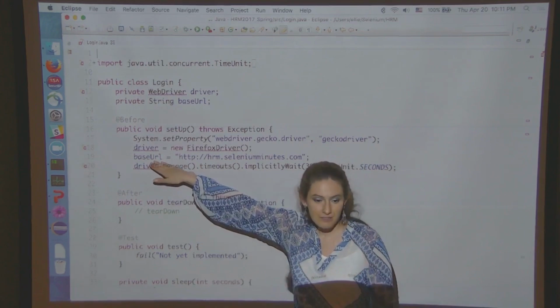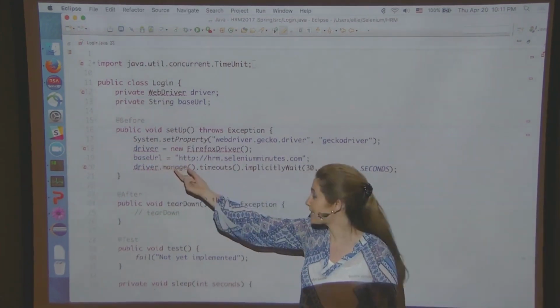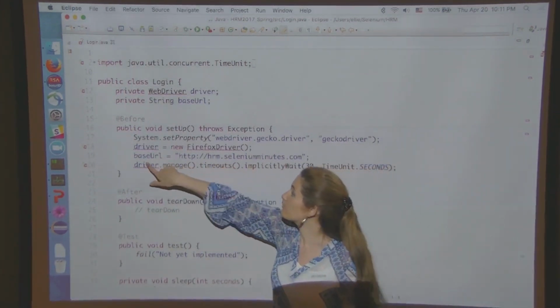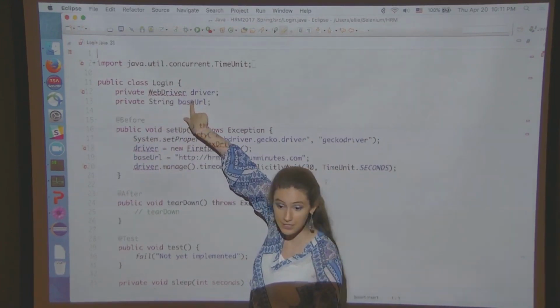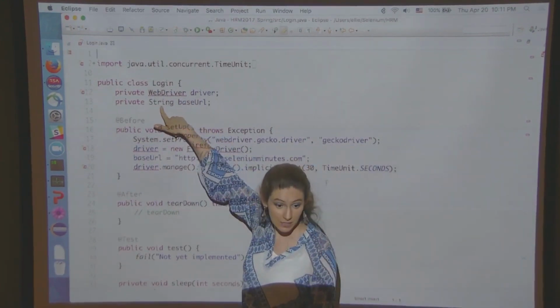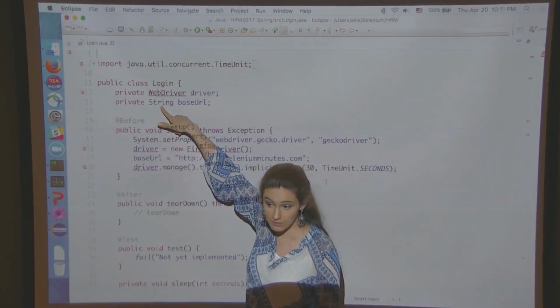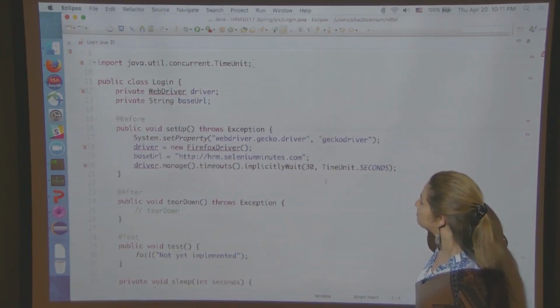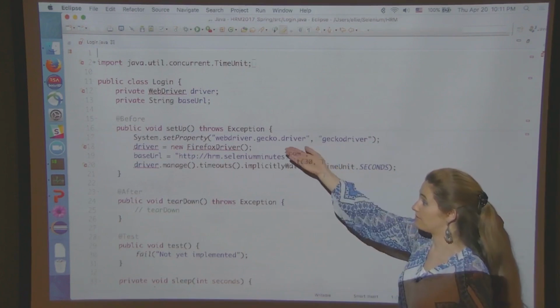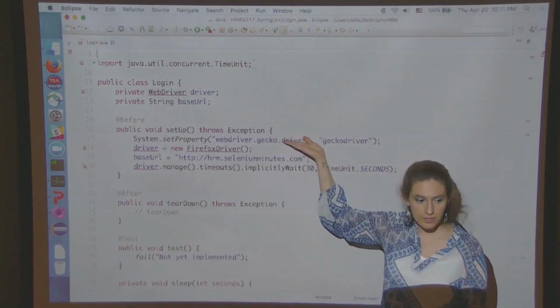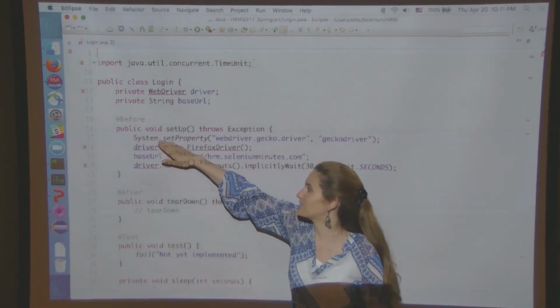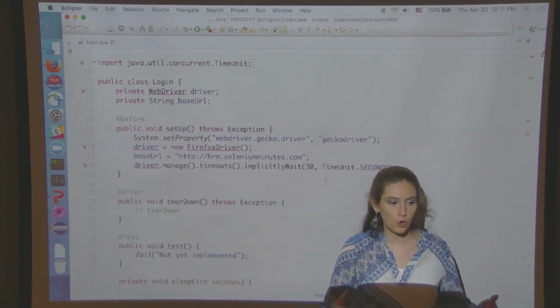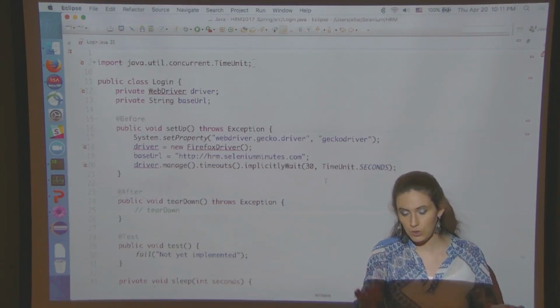Okay, moving back. Base URL is a string. It's a collection of letters. So that's why when we declared a container for it, we specified that it's going to contain a String. So far, so good? Okay. Gecko driver. When we say System.setProperty, what we're doing is overriding or adding to the current path.